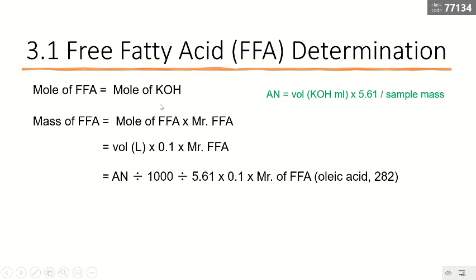Then we are going to use this to further express it. So we know the mass equals how much mole times its molecular weight, right? So how much is this mole of the KOH? We are going to use the volume of the potassium hydroxide times its concentration, then times the molecular weight of the free fatty acid,